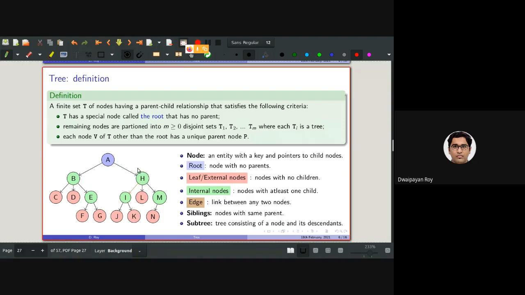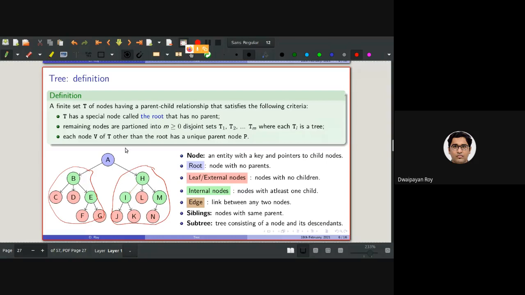Also, these trees are called subtrees of A. That is, the tree consists of a node and its descendants.